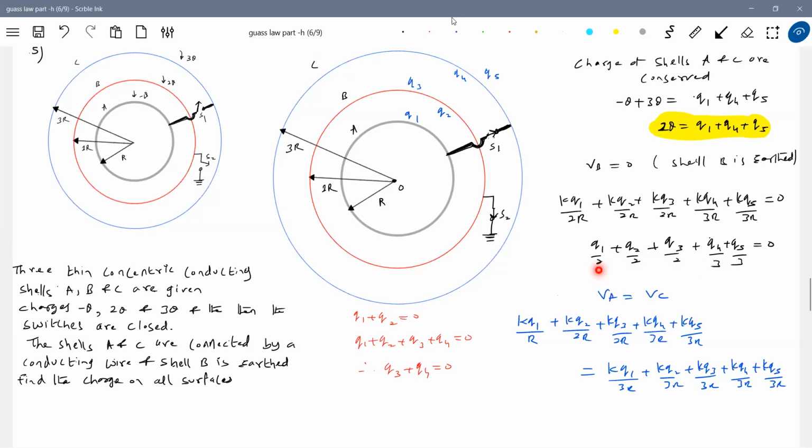Now you have to solve the whole set of equations. Q1 plus Q2 will be 0. Okay, take help of this. So we'll get a relation between Q3, Q4, Q5. Here Q1 plus Q2 plus Q3 plus Q4 will be 0, so Q5 will be there. Here Q4 will get cancelled, no? This quantity will get eliminated, Q1 plus Q2 will be 0. Then we get a relation between Q3 and Q4. Then we can solve here. Anybody solve it? Just give me the answer.